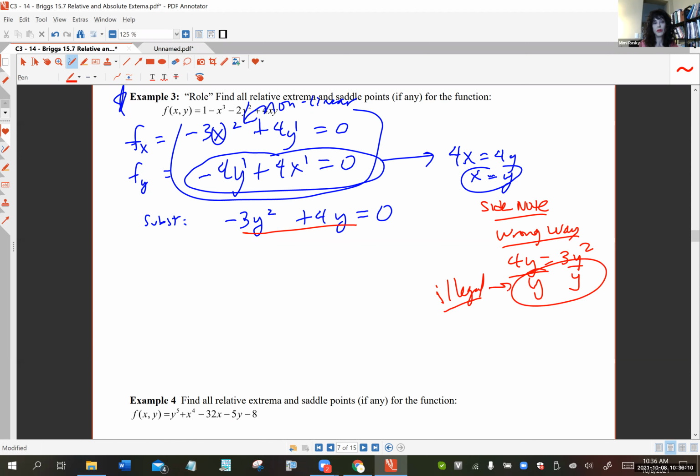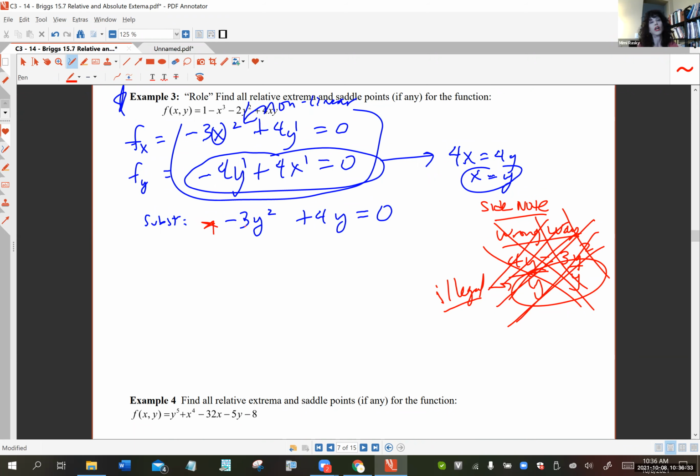Why is dividing both sides of an equation by a variable not legal? Because the variable could be 0, and it would be illegal to divide both sides of an equation by 0. So please do not do this, and you'll end up losing information anyways. It's going to hurt you. Well, then how do you do this